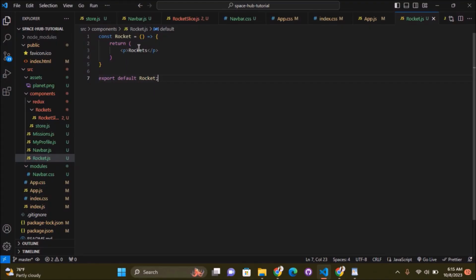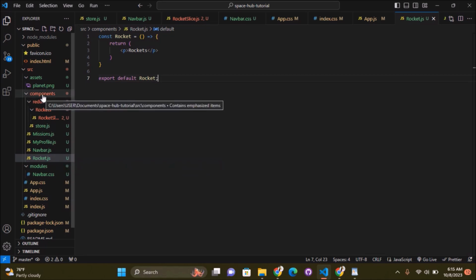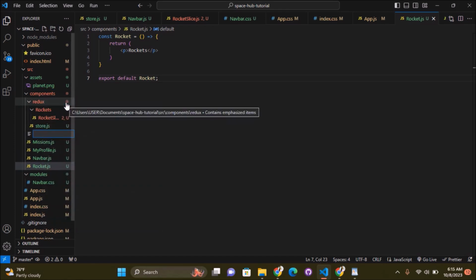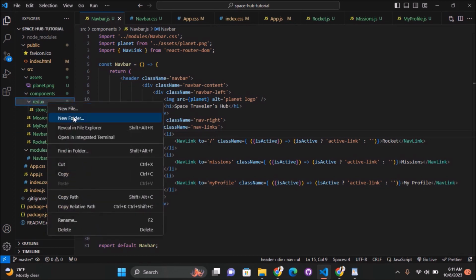So I already have my rocket.js here. I'm only going to create a rocket item.js inside of my component, because this rocket.js is the parent, as I've said, to my rocket item. So I'm going to create a rocket item.js. Yeah, so what we are going to firstly do is to create a folder,